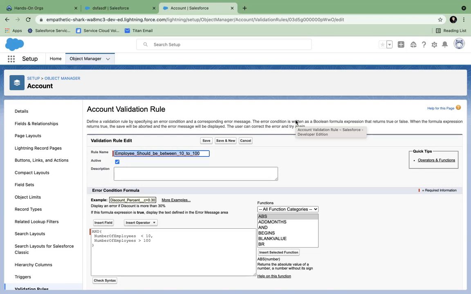Okay. So when you are writing a validation rule, you have to be mathematically correct. Mathematically correct means you have to make conditions true, then only this will fire. When the number of employees you are putting is 3, put that value and check. First condition is true. Is the second condition true or not? Second condition is false. The validation rule will not fire.